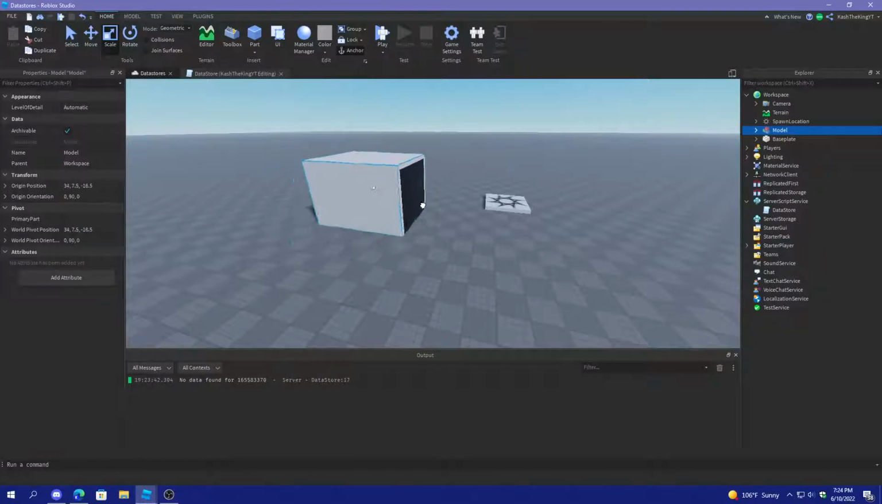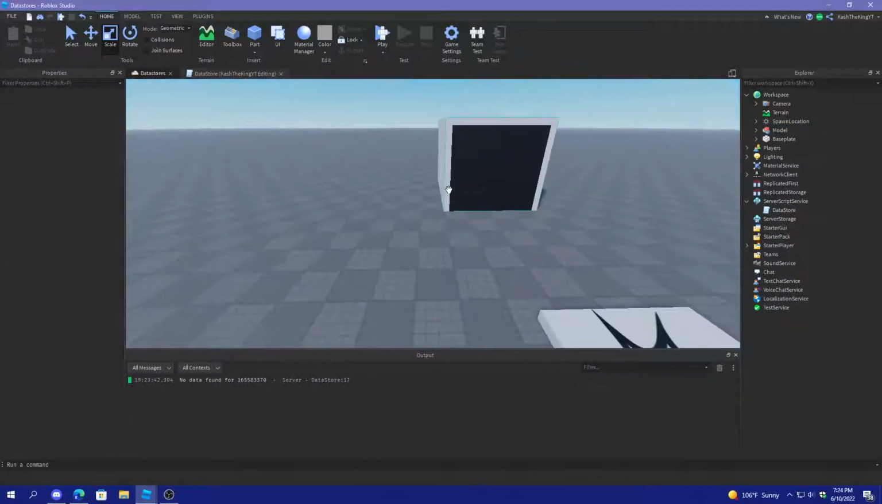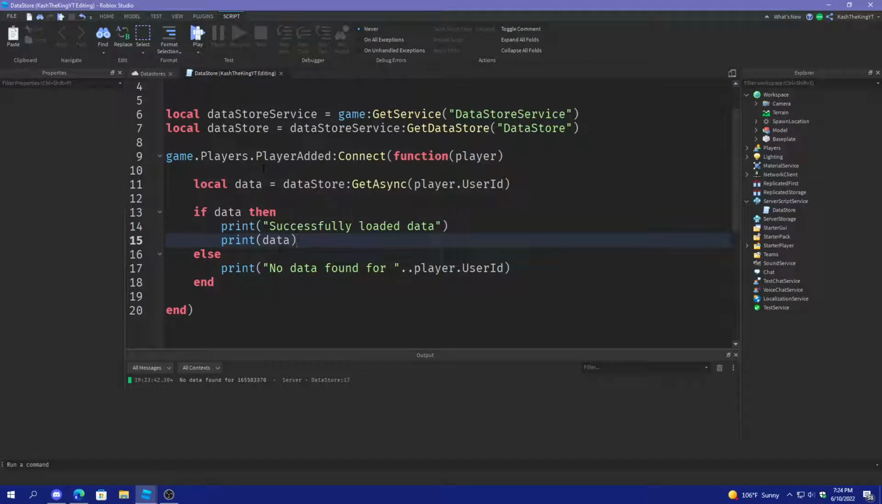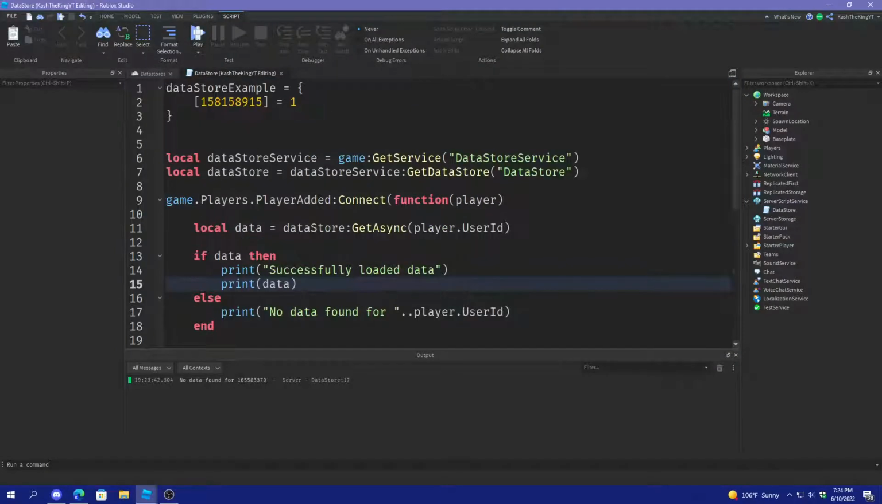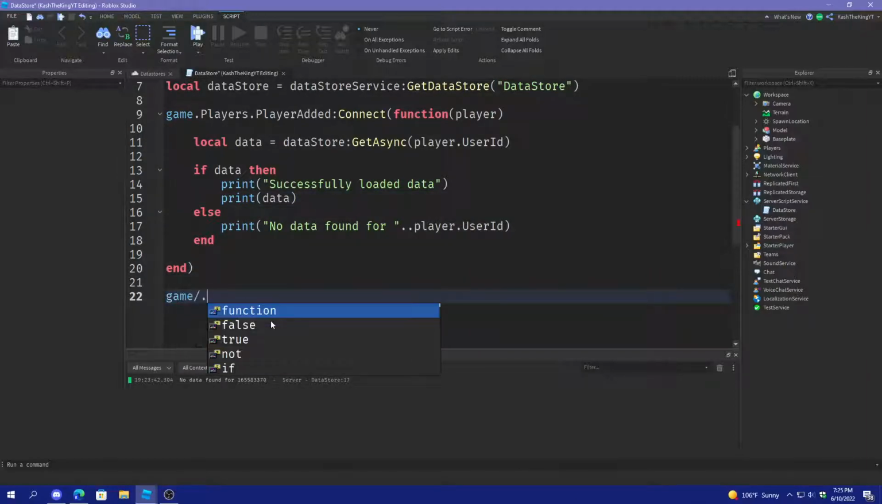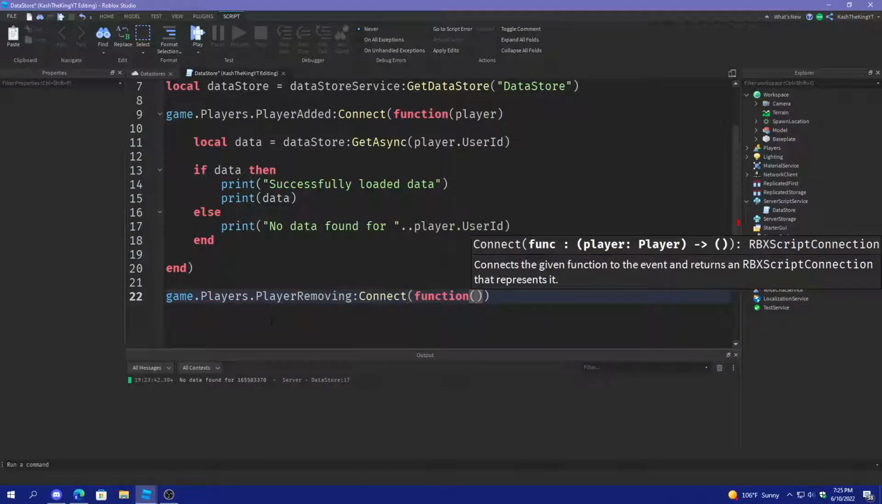Group that. Here's the room. Okay, so we'll open up this room if the player data is equal to whatever. So first of all, we have to set the data. To set the data, you just do, whenever the player is removing, you connect a function with the player,